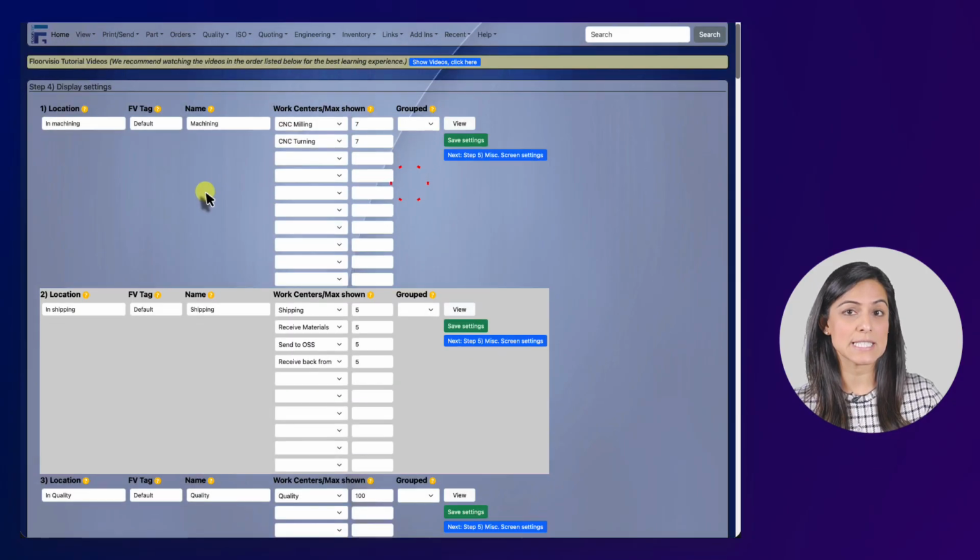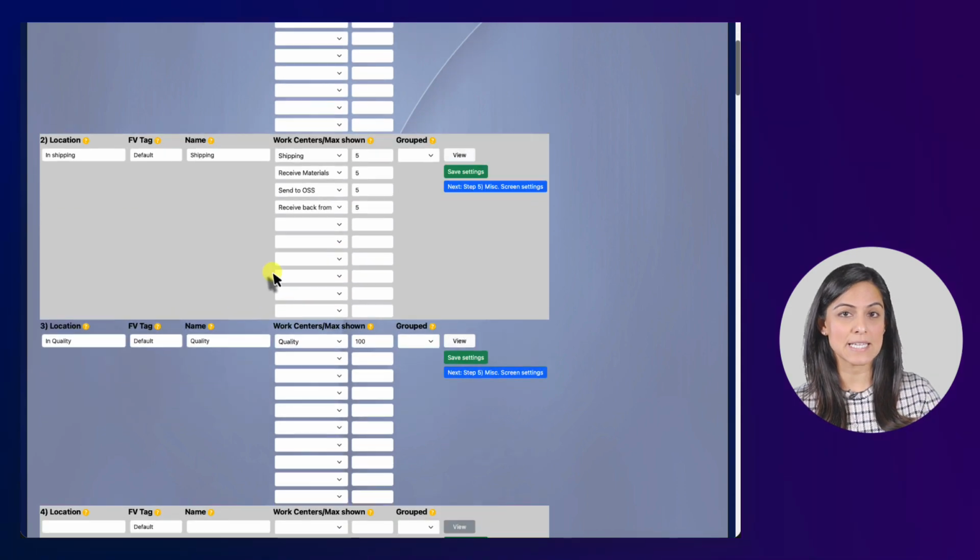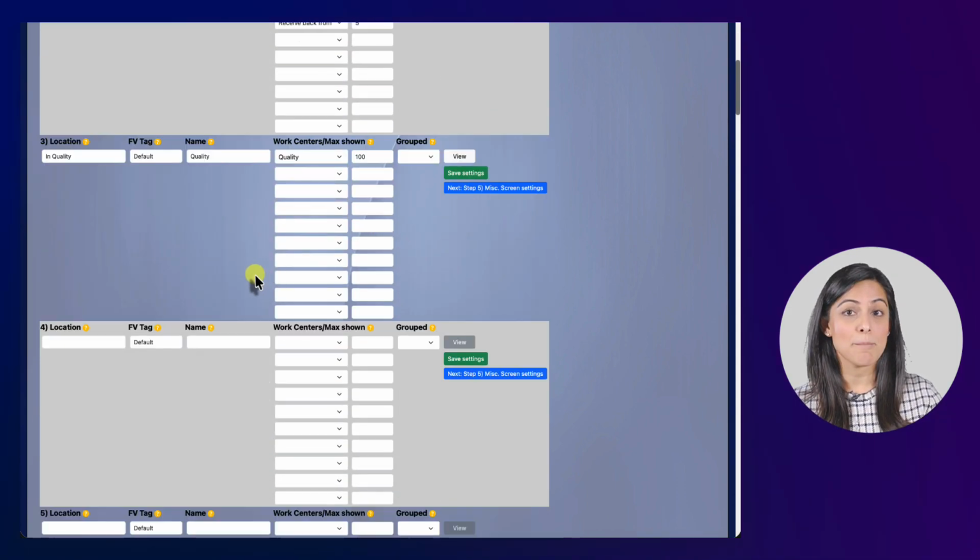And so you'll just continue to set up your different screens. And so remember, each screen you're setting up is what work centers do you want to show on those screens. So you'll continue to add all of the screens that are applicable for